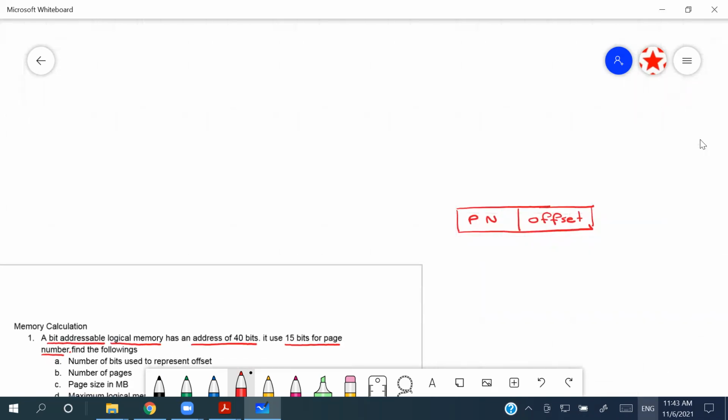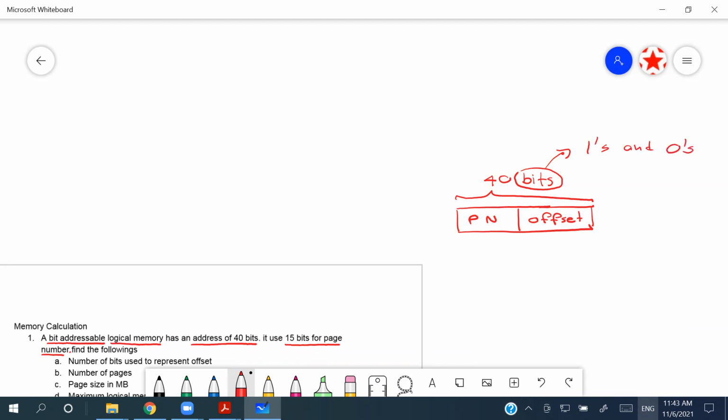Then you mark the details given in the question. It says a 40-bit address, so the entire size is 40 bits. Here, this bit does not indicate a capacity, people. Remember, these bits indicate ones